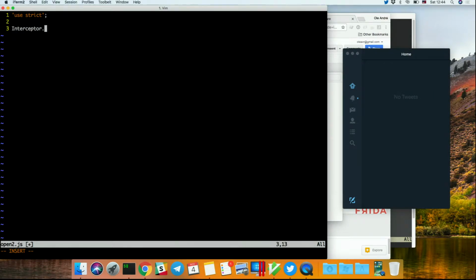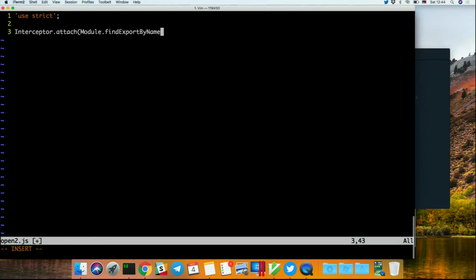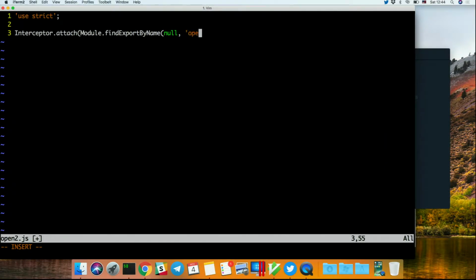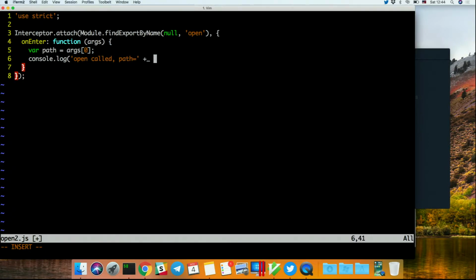There's a lot of APIs it could use for that, but let's just do an example here. So the open, what's it called? When it's called, we know that the path is in the first argument. So that's like this. Open called, path equals path. And if we run this,